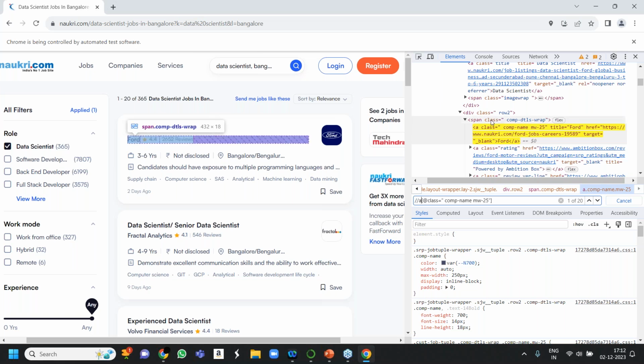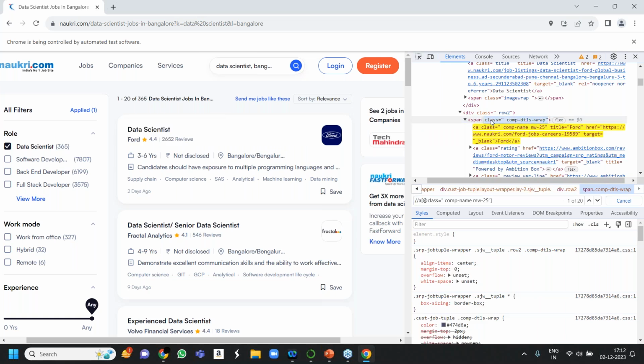So go for the parent class in that case. I'll show you using that also. Control F, span. Now, as I told you, you need to jump. My system was highlighting this A tag, but I am taking the parent class, I mean the super parent class. So I need to jump from here to here. So what do I need to add after this? Single slash, then the tag name. The tag name is A.